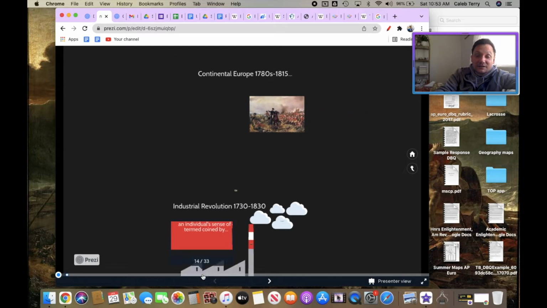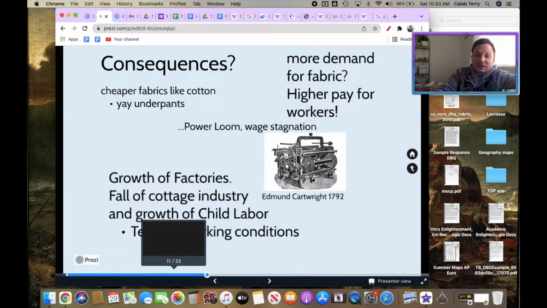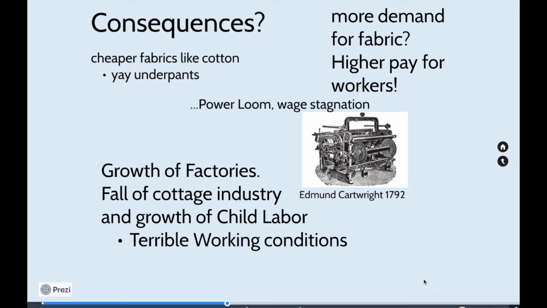So now going into it, we understand that coal is starting to boom. We get that coal is starting to take over, that there's an energy